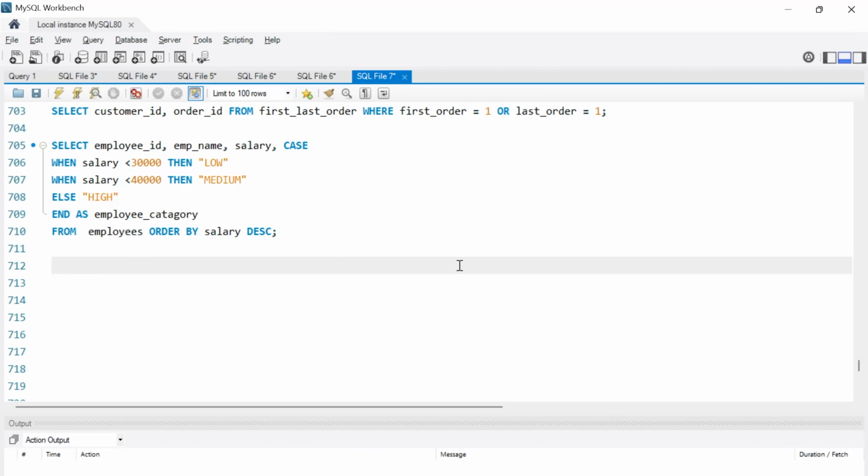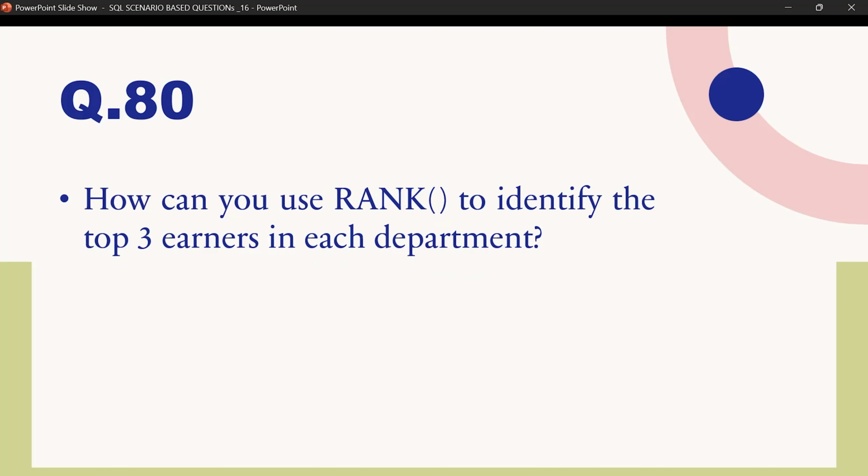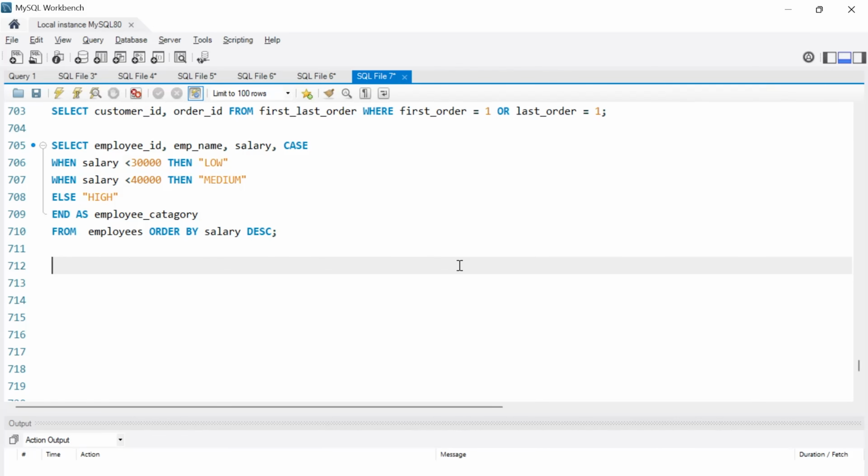So we'll go to the next question. How can we use the rank to identify the top three earners in each department? So here it is asked to use the rank window function to get the top three earners from each department. Okay, so here also we will be using the CTE. We will name it as top_three_earners_each_department as,